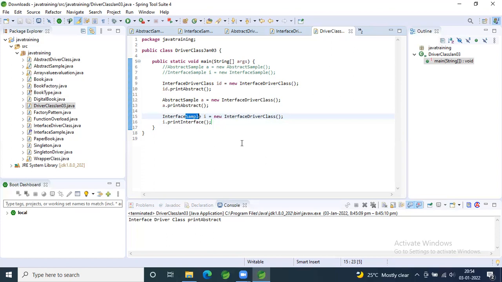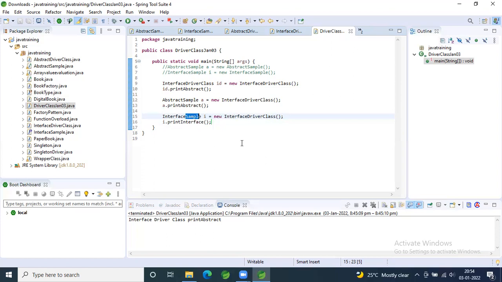If you're having a child class, you can extend your abstract class as well as implement your interface. There is no restriction that you can have only one, either abstract class or interface. There is nothing like that. You can have both things together. So in a single child, I can inherit both and try all the methods there itself. Basically, you can inherit one class and one interface. That is what you're doing.